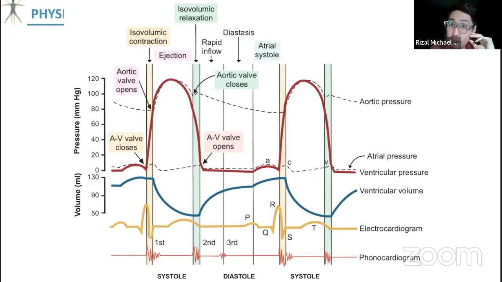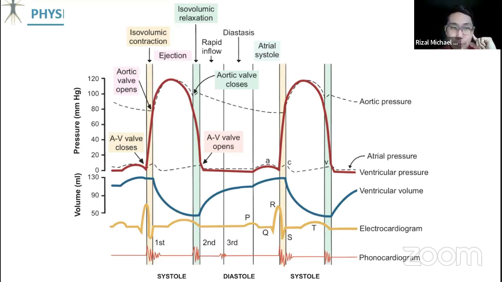now will close, signifying the isovolumic relaxation, wherein pressure decreases kasi nasa diastole ka na, and then the volume is constant kasi naka-close yung both valves mo, right? And then eventually, since nasa diastole ka, once your left ventricular pressure is less than the atrial pressure, you will now open again yung iyong AV valves or the mitral valve in our example. So pag nag-open na yun, magkakaroon ka ng rapid ventricular filling even without the atrial contraction.